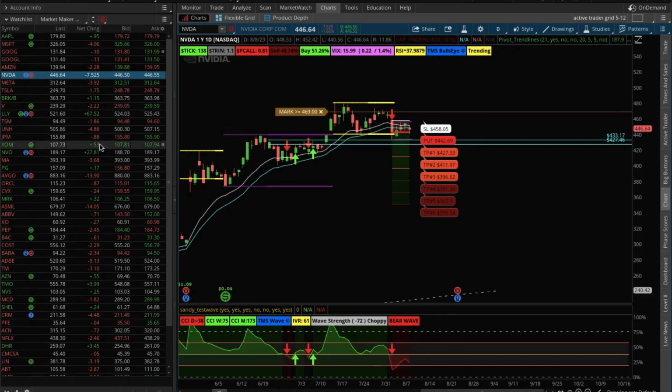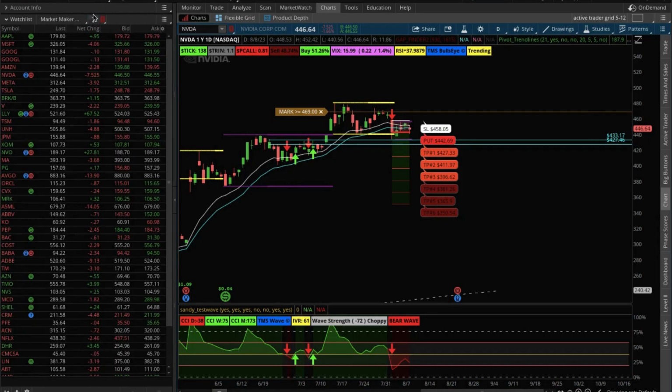So you could actually have different watch lists that are linked to different colors, and that's how you could do that. So that, I think, is a really nice feature that you should know about if you don't already know it. The other thing too is that on